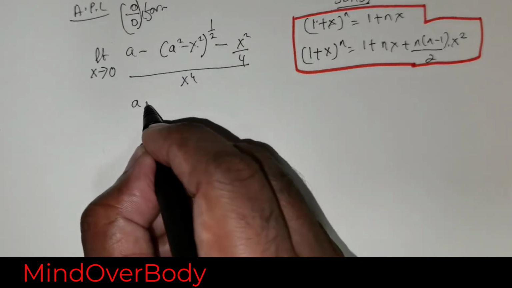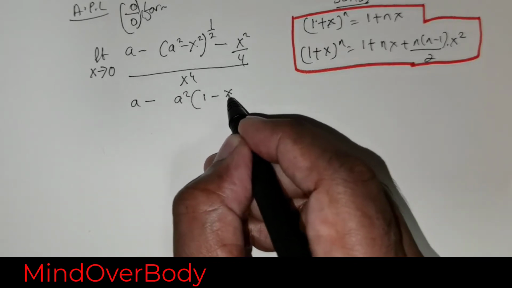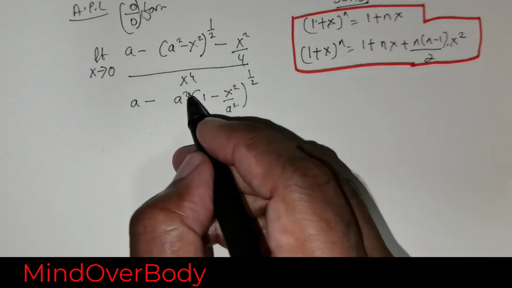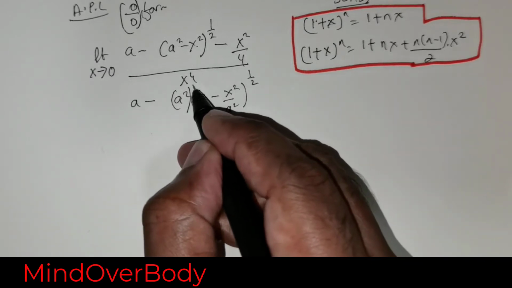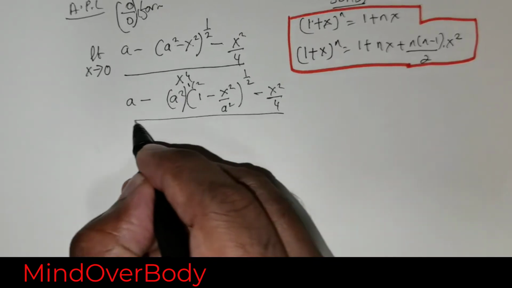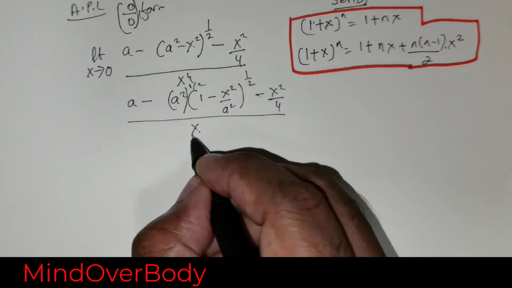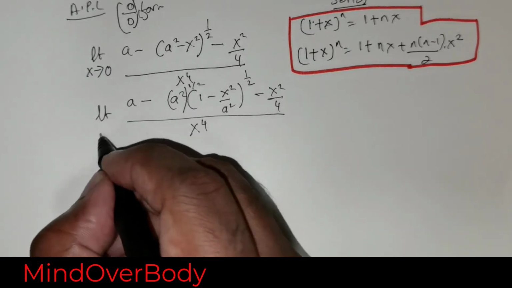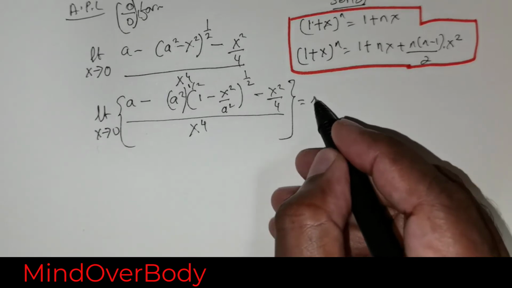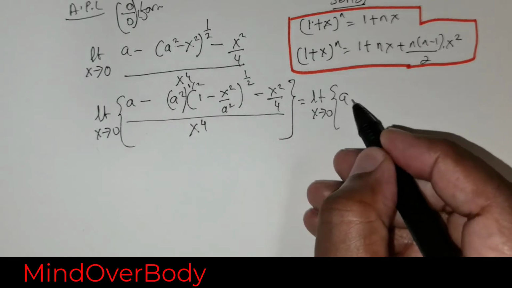If I take a squared out, this is going to be a minus a times (1 minus x squared divided by a squared) raised to the power of 1 over 2, divided by x to the power of 4, and we have the limit x tending to 0. So this is what we have got. Now clearly this can be rewritten as the limit x tending to 0 of a minus